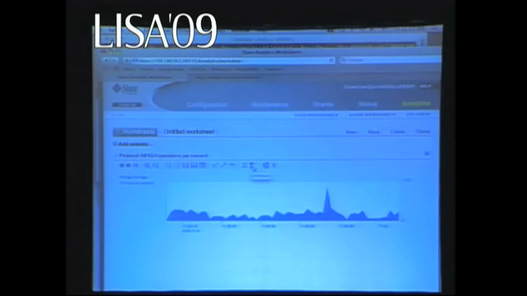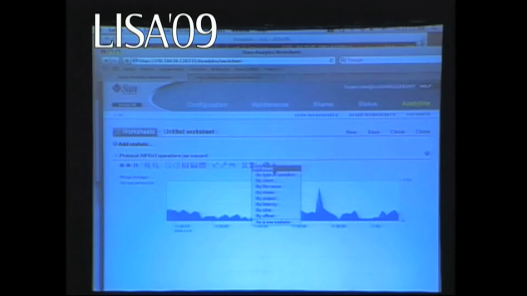The reason they can't answer these kinds of questions is because they don't have DTrace, right? You cannot keep, for example, per-file information on the fly. It would be too expensive. But with DTrace, we can do that, because we can dynamically instrument the system. If I click on this power drill icon, and it looks like a hairdryer with a bad attitude, but trust me, it's a power drill, I can drill down by type of op, by client, by file name, and so on. So let's drill down by file name.